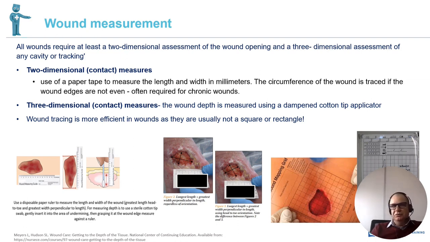Most of our wounds are irregularly shaped, so wound tracing is more effective there, and you just plot and see the area of the wound quite easily. These tracing papers are 2-layer. The first layer that touches the wound obviously should be sterile. You mark the top part with some type of marker. The bottom part can be removed and thrown away, and the top part can also be placed on the documentation